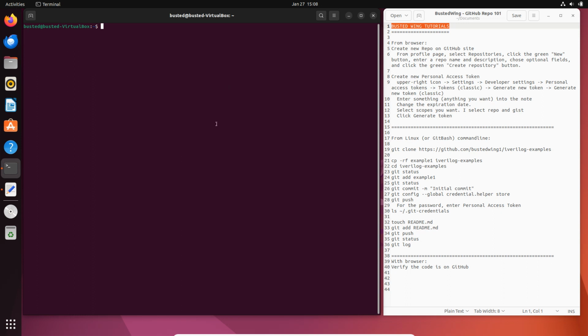I'm running in Ubuntu 22.04. Running in a VirtualBox. I don't think any of that really matters. None of this is bash specific, so you could probably even use different shells if you wanted to. All right. So first thing is I'm gonna